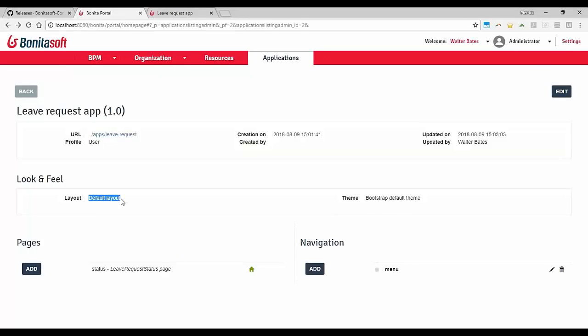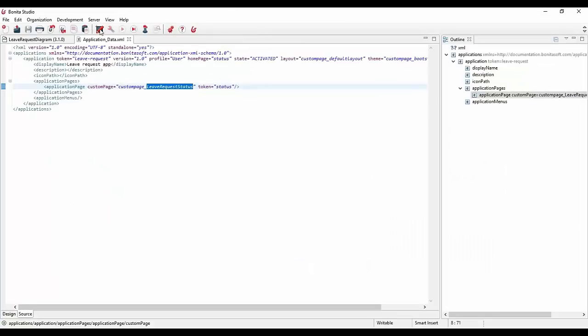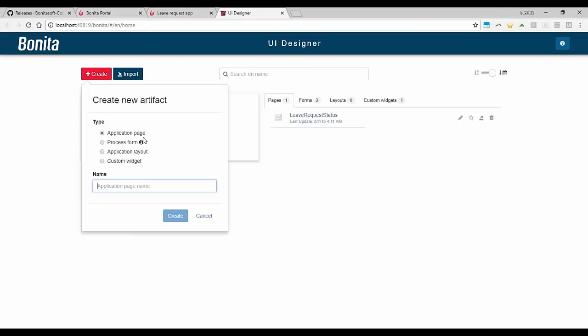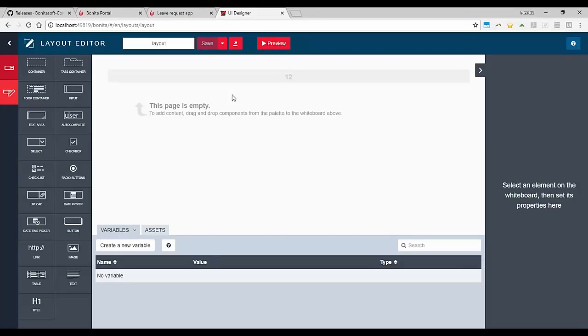And the same for the default layout. And actually, I think we can do that directly from the UI designer, from the community edition. Let me check that. You see application layout here. You can define your layout, the custom layout, directly from there. So this is the regular UI designer feature, but this time it's a layout.